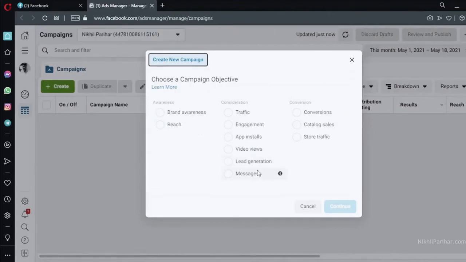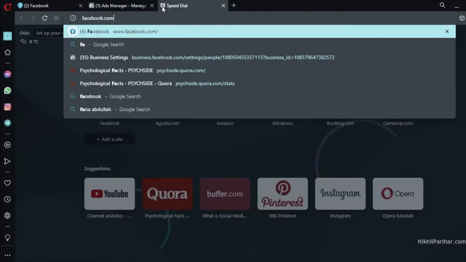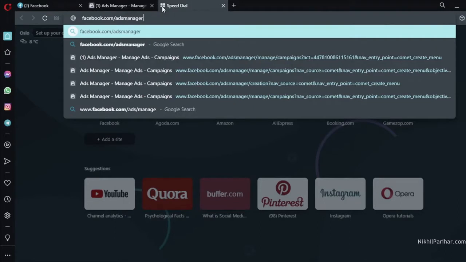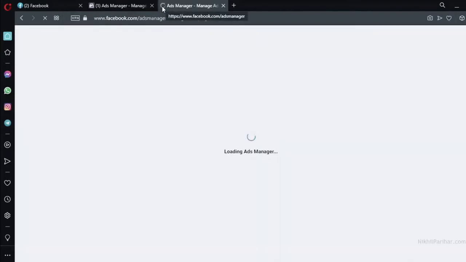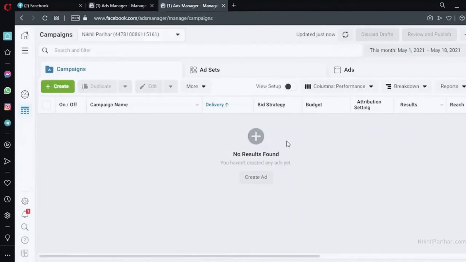If you do not come to this window after clicking on ads, you can also type facebook.com/adsmanager. That's another way to go into the Facebook ad manager account. So this is our Facebook ad manager account. This is what it looks like.